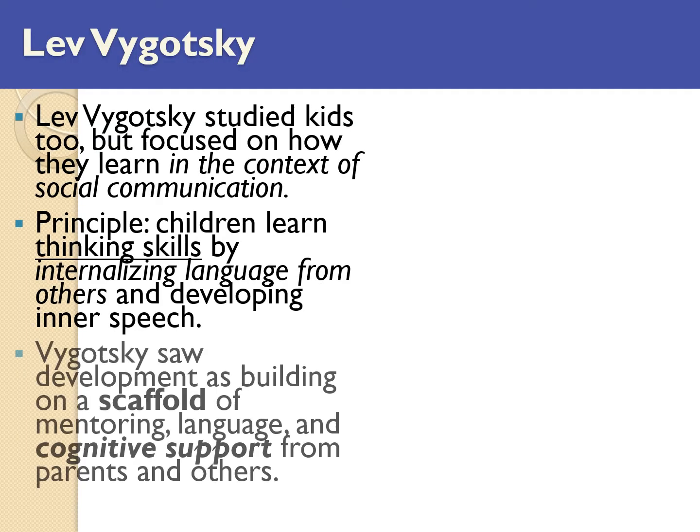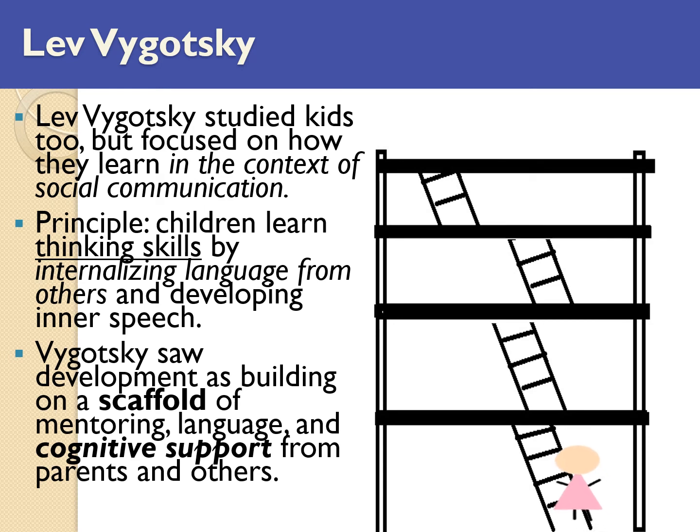Vygotsky also thought that everything was based off of your social communication with each other, and he called that scaffolding. So scaffolding means that you're actually sort of mentoring each other. So for example, let's say one of your parents taught you how to make pancakes, and they teach you how much to put in a pancake mix and water and how to flip it over, and they might even do hand over hand to flip it over. That's all scaffolding in the teaching process so that you can understand what to do on your own later on. And that was a big portion of Vygotsky's understanding of child development.